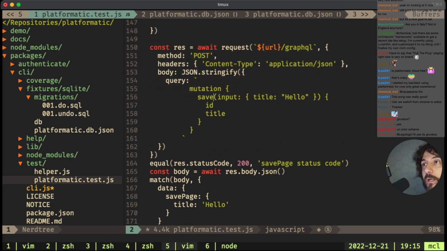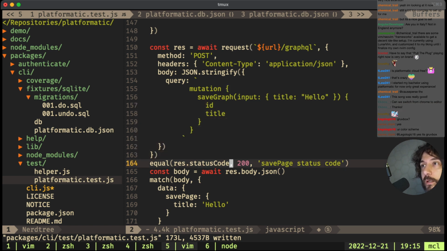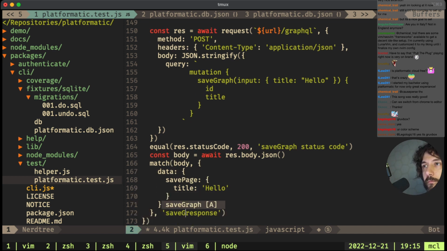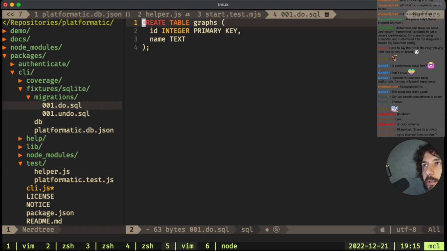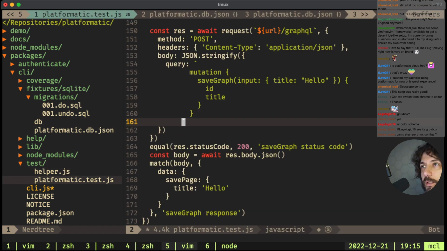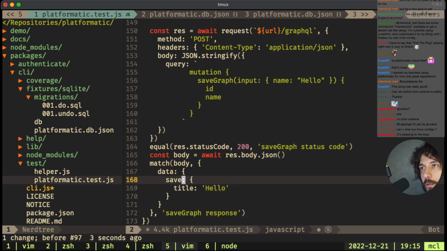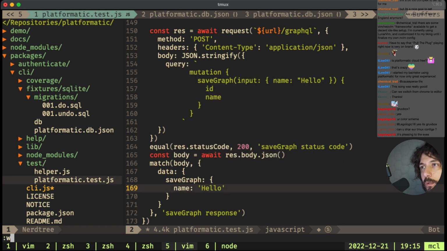So there is something there that saves the graph. Okay, this is save graph. And here's name. Yeah, it's name and it's not title, it's name. Name. Okay.